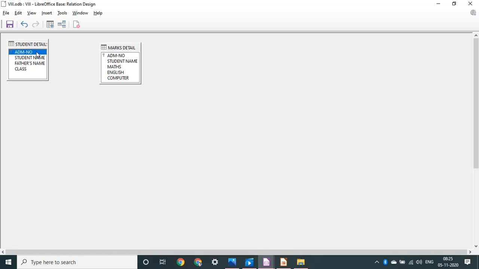Parent table here, students detail is my parent table, right? I have to click on admission number, which is the primary key of student detail, and drag this primary key on the primary key of the other table, right? So this is a one-to-one relationship established between these two tables.